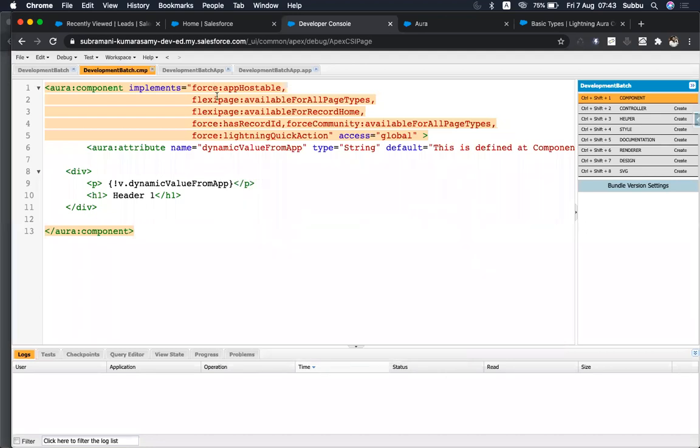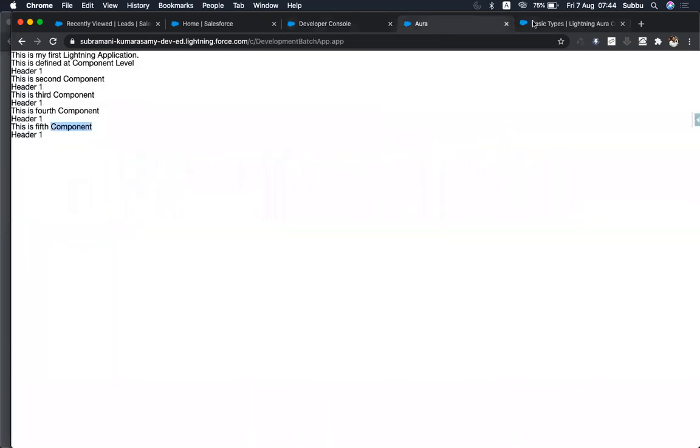So this interface defines where you will be using your Lightning component. That will be decided based on the interfaces which you are implementing on the application. For this component, I have implemented all the interfaces. If you want to see what the available interfaces are, what you can do,